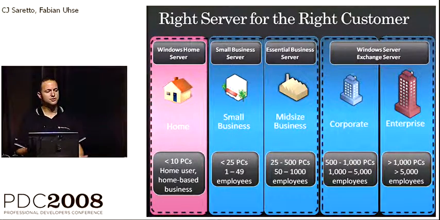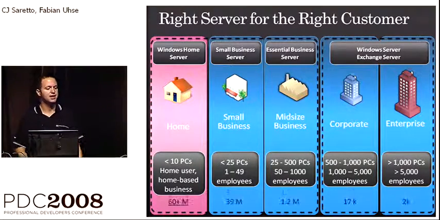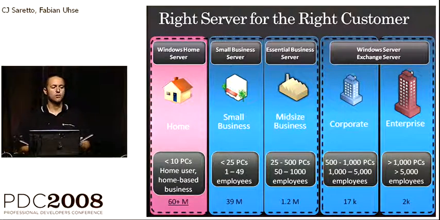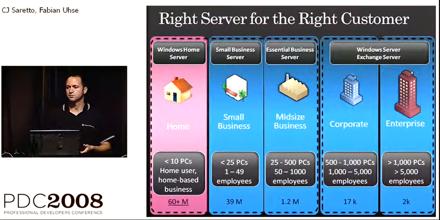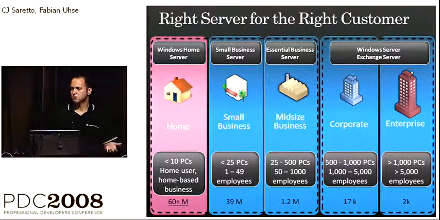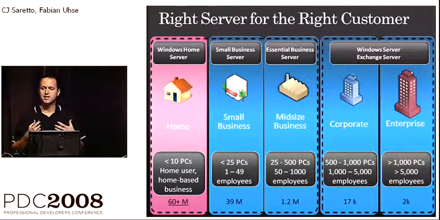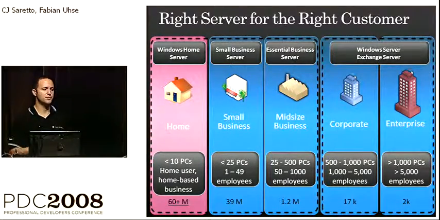And so we've built Windows Home Server as a solution product to try to solve your problems and make life easier. Now, the interesting thing that I like to show on this slide is the potential market for this product. There's less than 20,000 corporations and enterprises as defined on this slide in the world. There's over 60 million multi-PC broadband connected households. So even though it's the cheapest product, it's also one that we see a huge amount of growth for, and we see it enabling a lot of cool scenarios in the home that we hope to talk about today.